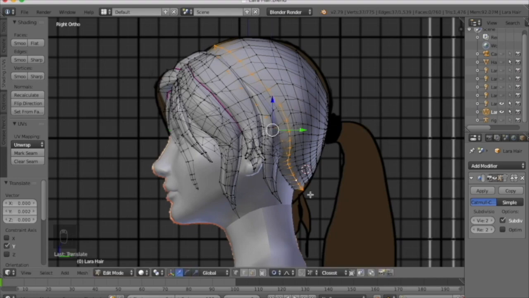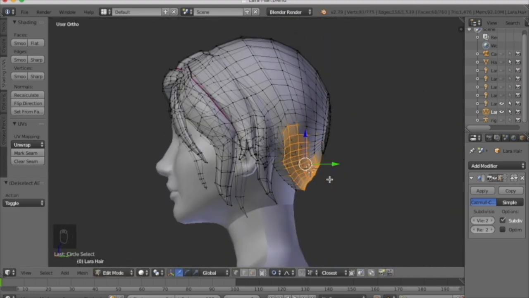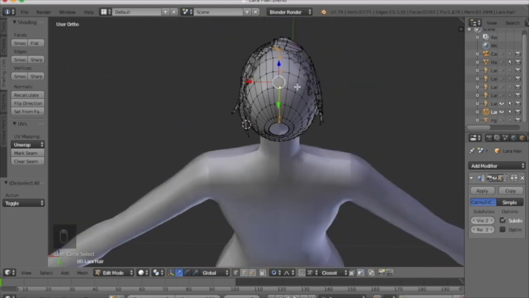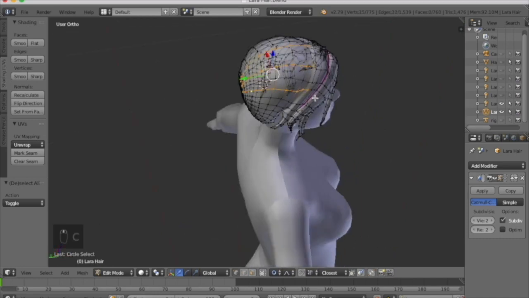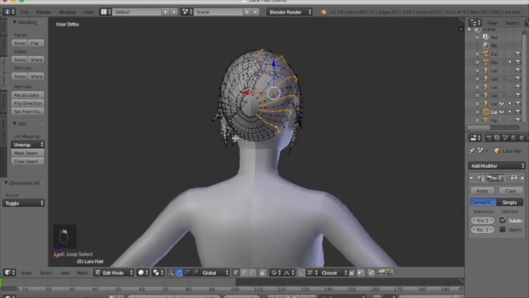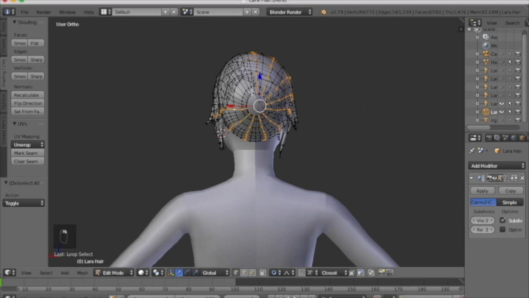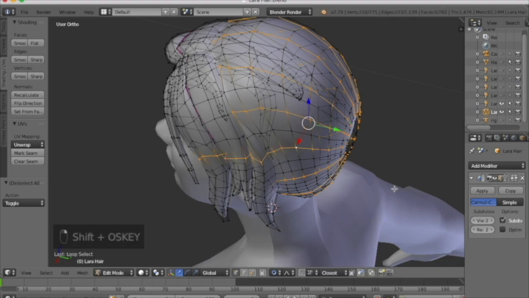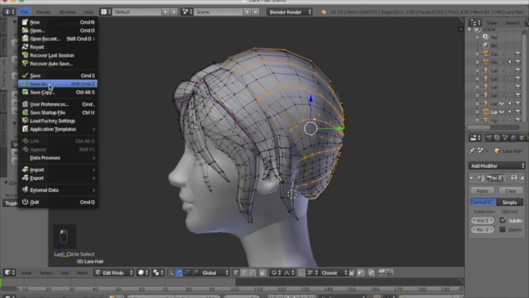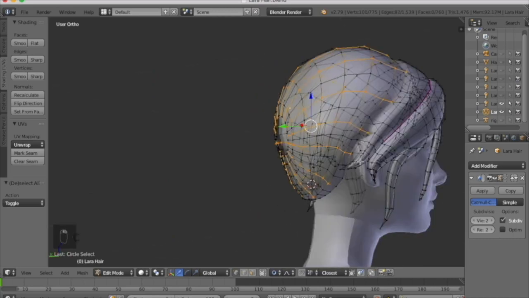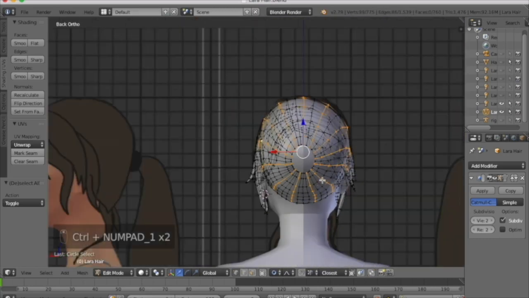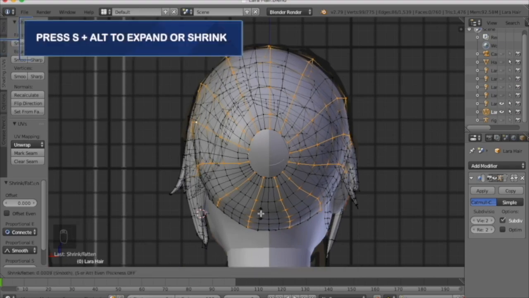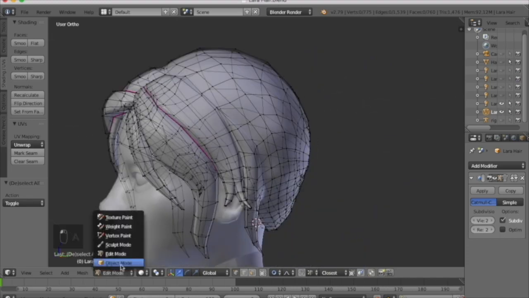Now, as you can see from my turnaround picture, the lower half of that ponytail, the bit that's a bit more loose at the bottom, I was just trying to pull that down to make that match up, but I'm not going to be too perfect about it. So now I'm just selecting edge loops from the head, and I think these I'm going to expand because this mesh is quite close to the head, so I have to expand it to be able to shrink the other bit to create